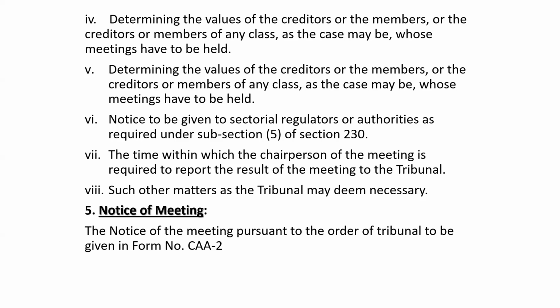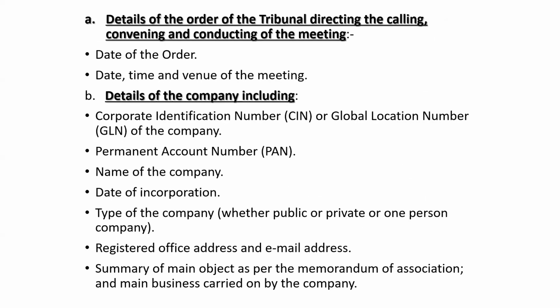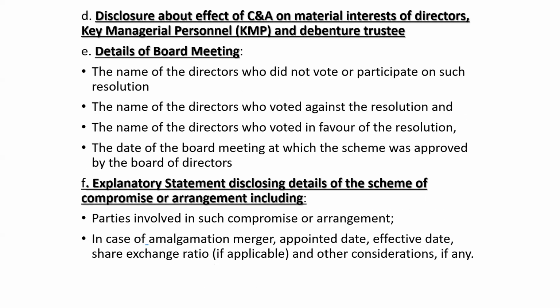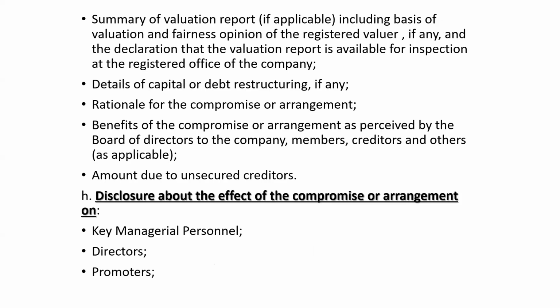Okay. Then notice of meeting. Details of the order of the tribunal directing the calling convening, date of the order, date, time, and venue of the meeting, then details of the company, then disclosure about effect of compromise arrangement on material interests of directors, KMPs, and debenture trustees. Explanatory statement disclosing details of the scheme, summary of valuation report, disclosure about the effect of compromise and arrangement,